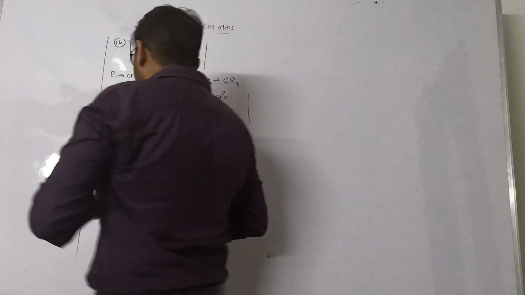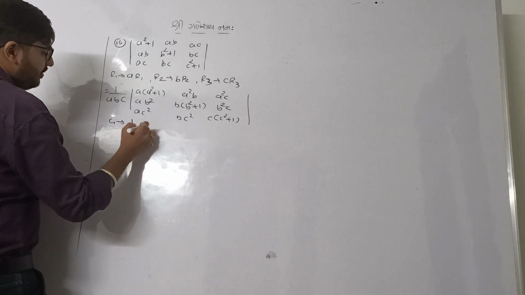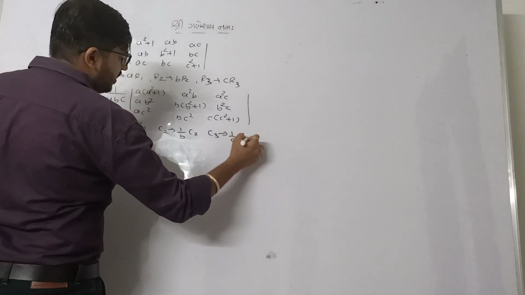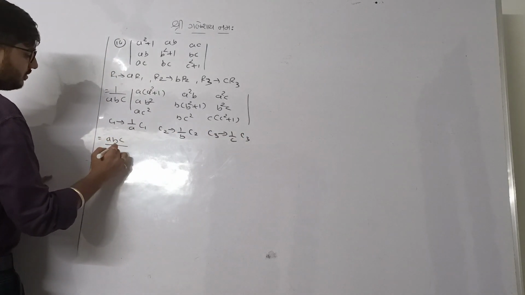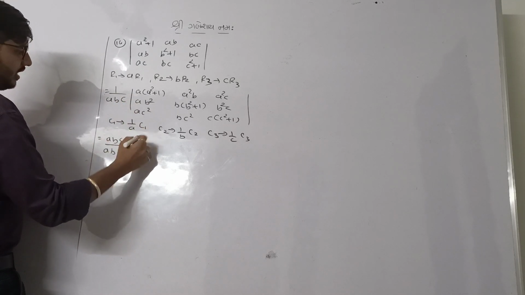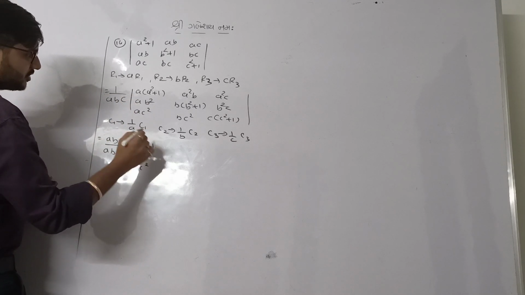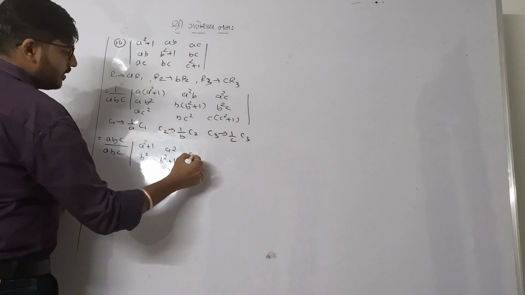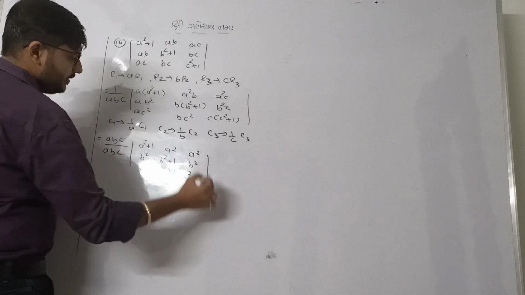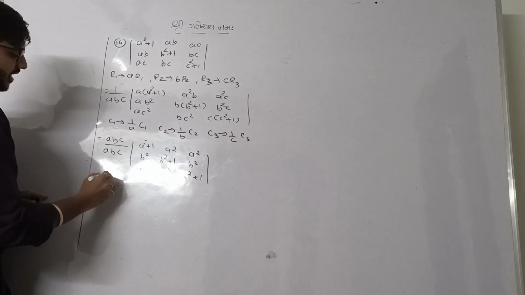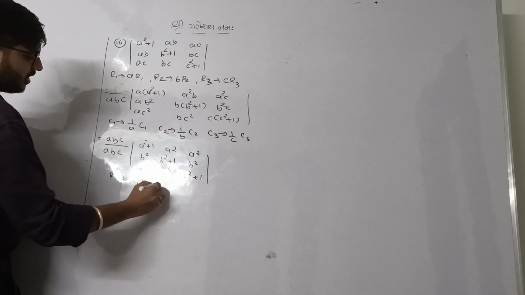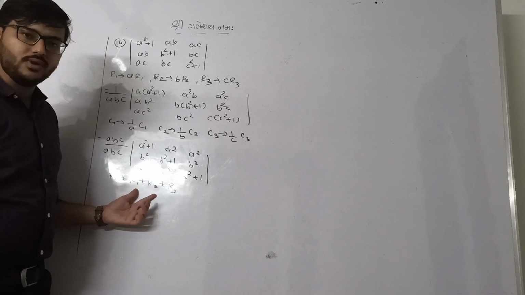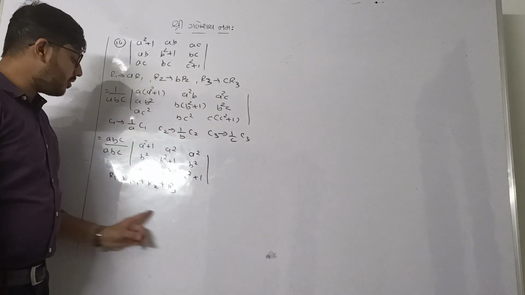Just check. Okay, so what we'll do with it? First column will divide with A, second column will divide with B, and third column will divide with C. So again we have to multiply with it. So as you divide with A, it will be A square plus 1, B square, C square, then A square, B square plus 1, C square, A square, B square, C square plus 1. Okay, now what? Just add R1 to R1 plus R2 plus R3. Now just check. We started with row operation, that's why we have to apply row operation over here. If you started with column, then here we have to apply the column operation.